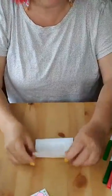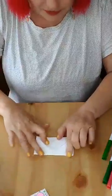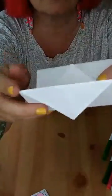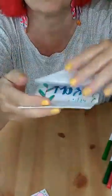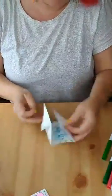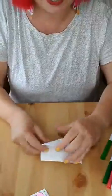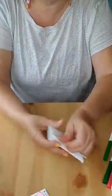You're going to flip it over and you're going to fold that up over the piece that you just folded. So now it should look like one little teeny tiny envelope, right? So it should be like this, 1, 2. So fold in threes, right? 1, 2, 3. There we go. And then once you have that folded, the next step is to figure out, okay, I want it like this because I want it to pull down like this. So the next step is to take the part that you folded, okay, and you're going to take your,